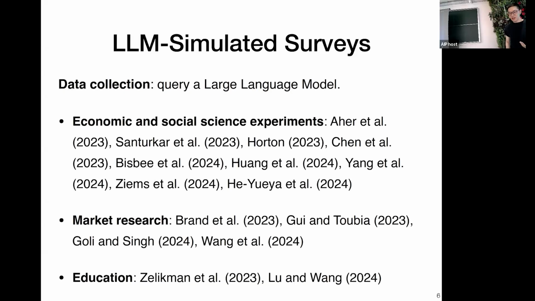have been thinking, can we use large language models to gather simulated survey responses, right? So it's pretty simple. You have a large language model, you just query it with certain user profile and certain questions and ask the language model to mimic the person and respond to your question. So that's the key idea. And this has been already widely studied in many different areas, including economics, computational social science experiments, and also market research, education, etc. Yeah, nothing is completely new under the sun, so there have been lots of existing work.